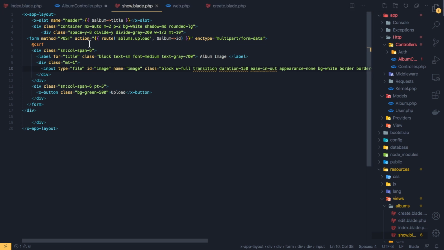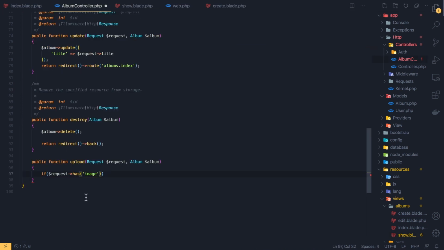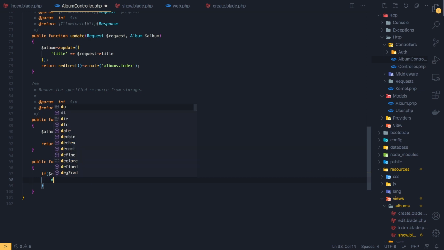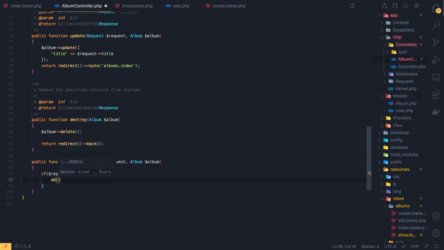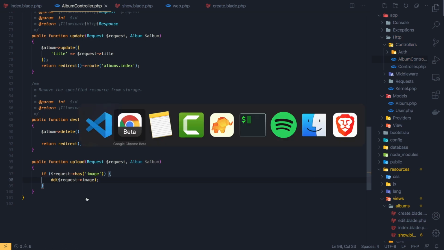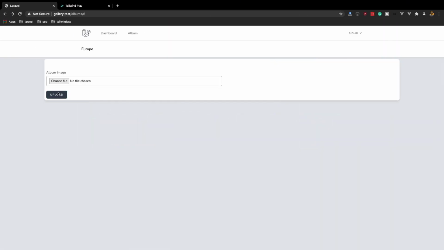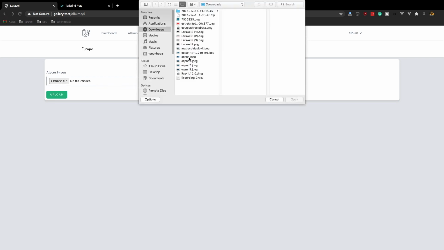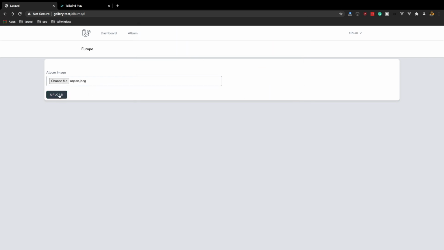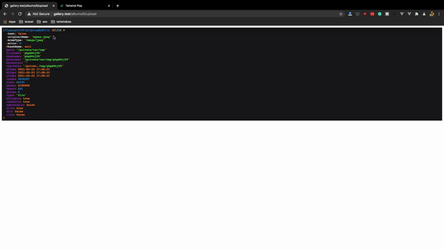And if we have an image, I'm going to dump the request image just to see. Okay, save, go here, refresh, and choose a file, open, upload. Yeah, we have the name, MIME type, error 0, and path. Okay,